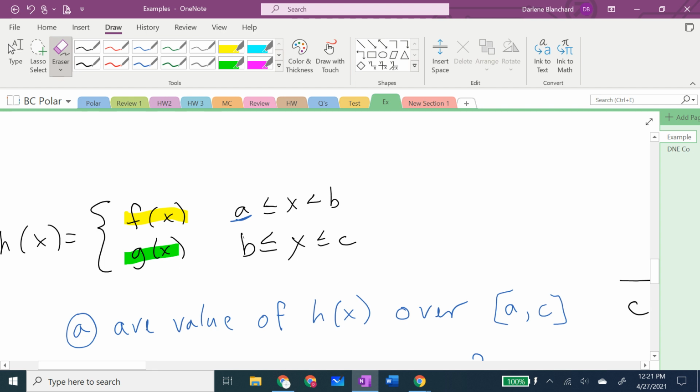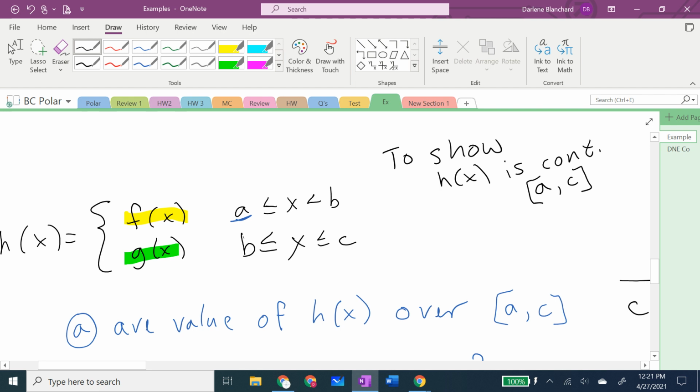You're just going to be aware of it. Where could this have a discontinuity? At b. So that's what you need to focus on. If you need to show that this function is continuous over the interval from a to c,